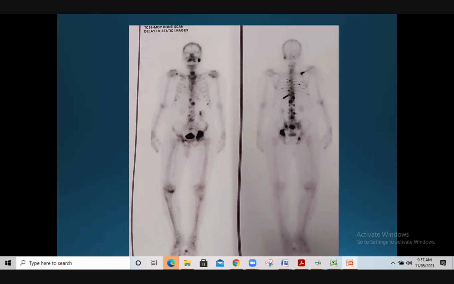But then you look at it: he's got no symptom from his spine, from his spinal metastasis, from his metastatic disease. His problem is this. So if you take care of that, and see what happens, and discuss with the relatives and say, we've got this option, but it's going to cost, and I'm not going to give your father years of life. I'm not going to add to life. I might try to improve the quality of his life. His quality of life at the moment is reasonably good.